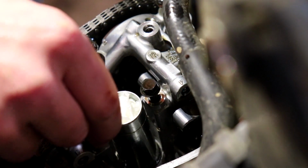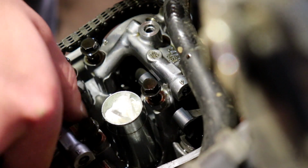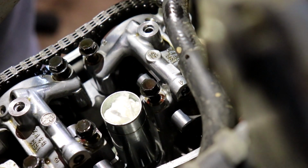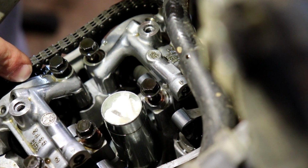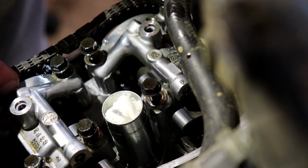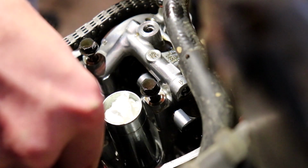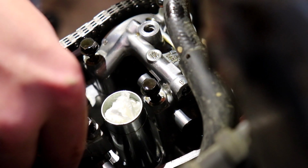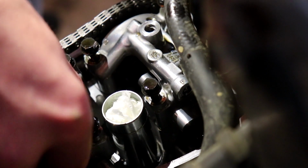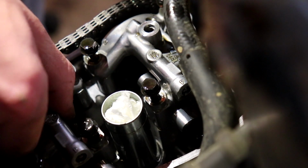Alright, so now that those are all loosened, what you're gonna do is pull this up. Now, when doing this, there's a little retaining clip on this part closest to the cam chain. So what you're gonna wanna do is just not drop it. Just lift it up carefully. Or not carefully, because there's still a bolt stuck in it. Carefully,